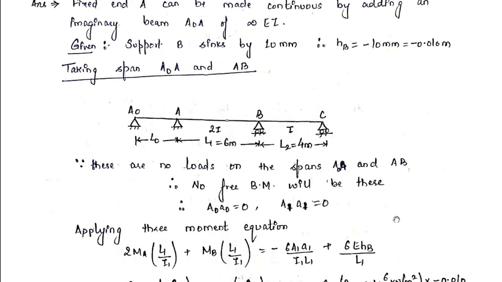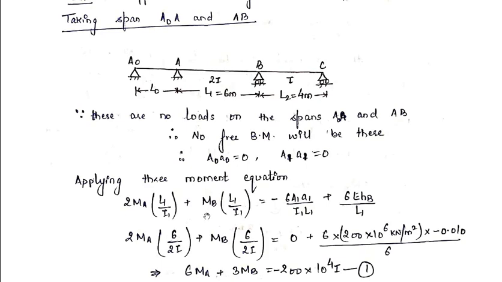Okay, so we come to the application of the three moment equation. For the imaginary span, we already found this equation in the previous lecture, so we will apply the same equation here. So the equation is this. Just put in all the values. L1 is the length of span AB, and I1 is the moment of inertia of span AB. If you look at the question, the I value for span AB is 2I. So keep in mind that while putting the value of I1, it will be 2I.